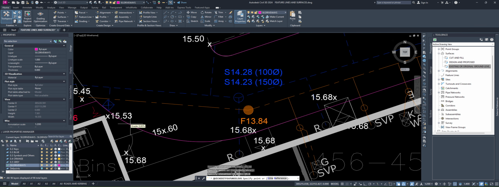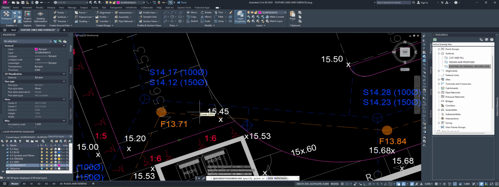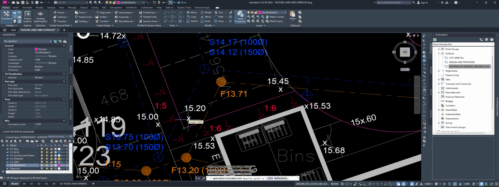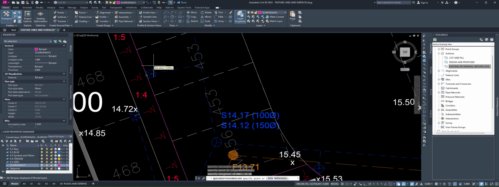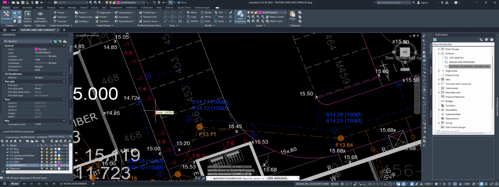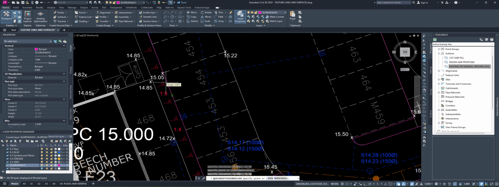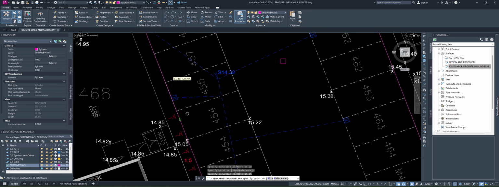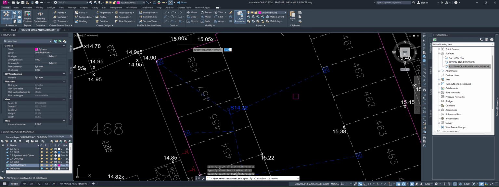Let's go to 15.53 on that one, 15.53. Then we've got 15.45, 15.45. Pretty much we're going to edit the level everywhere we've got a given level. Right, we can skip this one because we don't know what the point is going to be here. We can go to the next one, 15.05, 14.9,